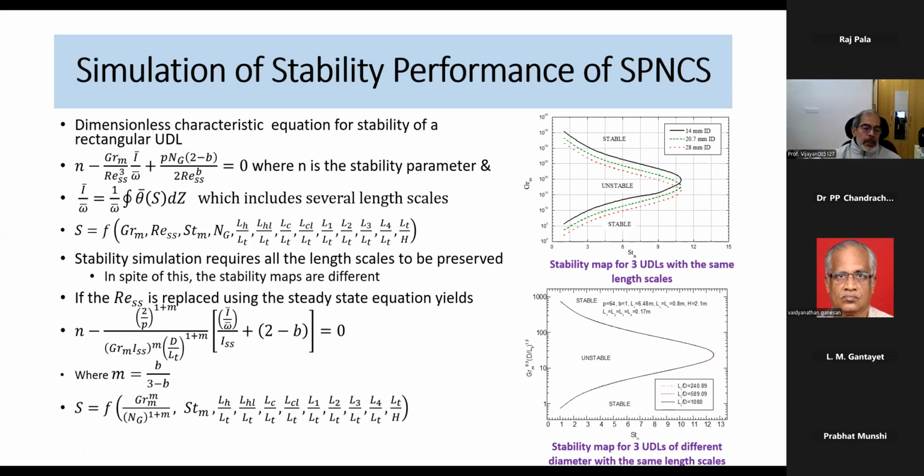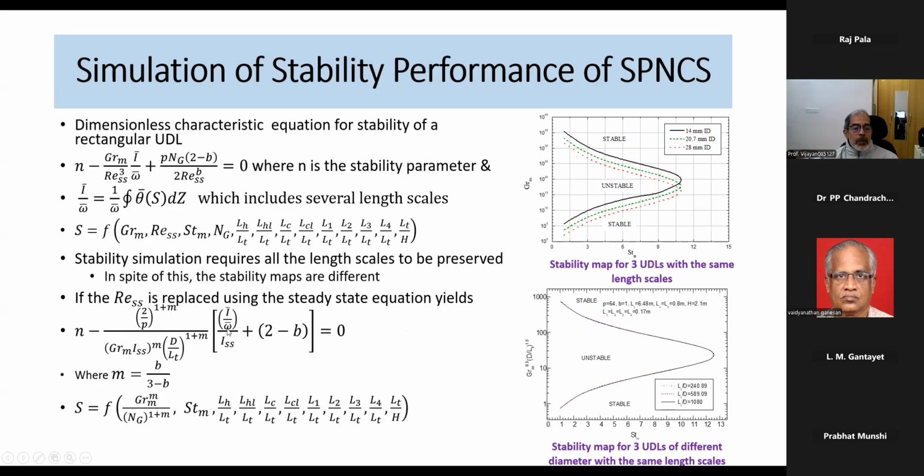So that steady state equation, if we substitute here, then this becomes GRM to the power m and d by lt to the power 1 plus m. And now if you look, there are only 2 physical parameters, that is the modified Grashof number divided by the ng, and this m is basically